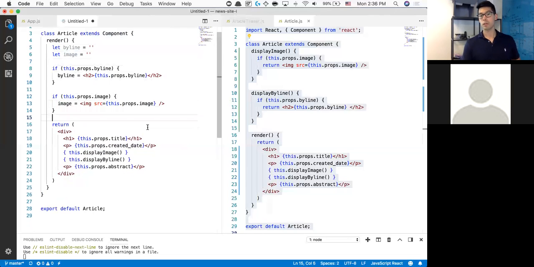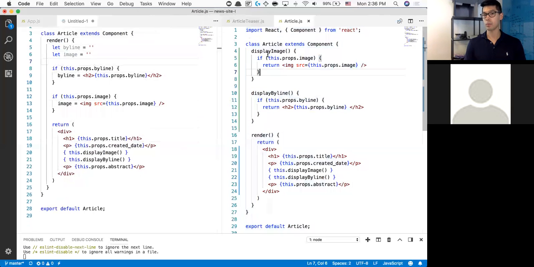So you can do as much as you want outside of the return, but once you hit return, it has to just be either interpolation or HTML elements. So I'm doing the exact same amount of code inside of this left side John solution as I am on the right side with Michael's solution. What I'm doing is I'm setting byline and image equal to just empty strings, just nothing at the very beginning. If this.props.byline exists, I'm going to actually overwrite it and set it to